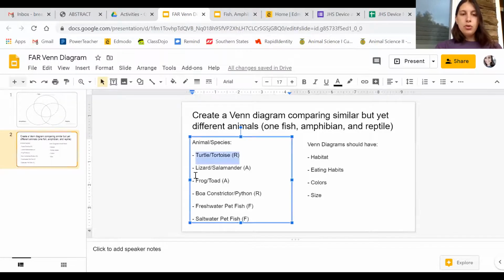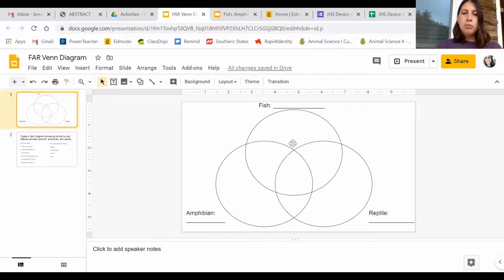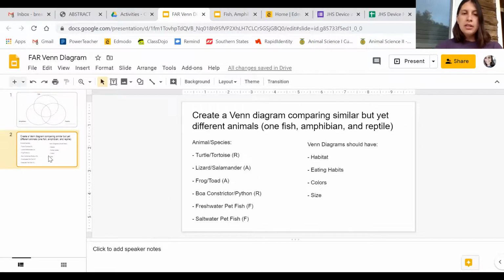So turtle, tortoise, some kind of snake, if you want to do reptiles. And for amphibians, you can do a lizard, salamander, frog, toad. You just put whatever you want right here. Compare and contrast how they live, their habitat as a pet. What kind of food do they eat? How often do they eat? Colors that they come in, size,